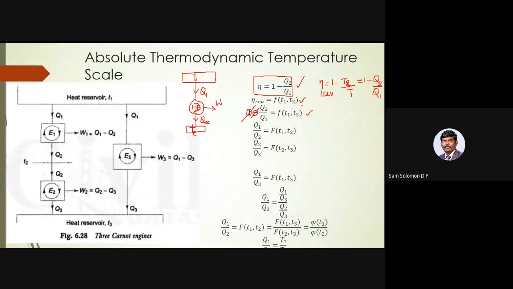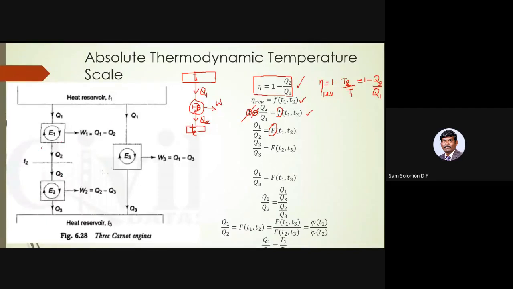So that is again another function which depends on T1 and T2. So I am writing it as a new function. This is capital F. So this is a new function, and this is the previous one, small f. Because I'm inverting it and cancelling this 1 and minus, I'm writing this as capital F of T1 and T2. So Q1 by Q2 is a function of T1 and T2.